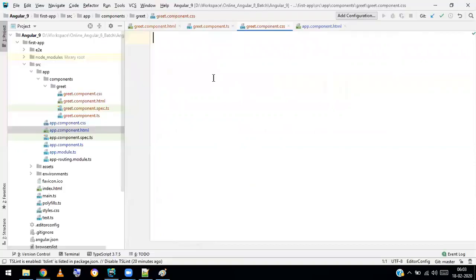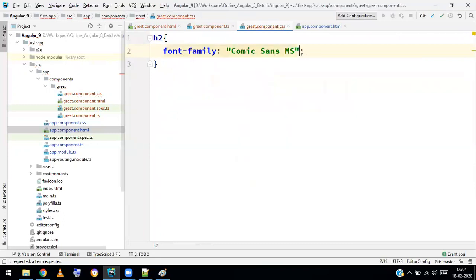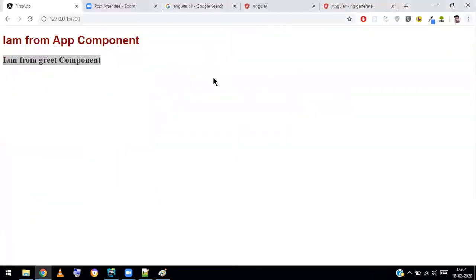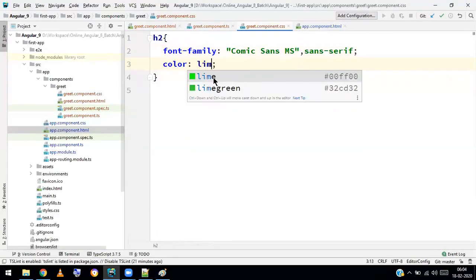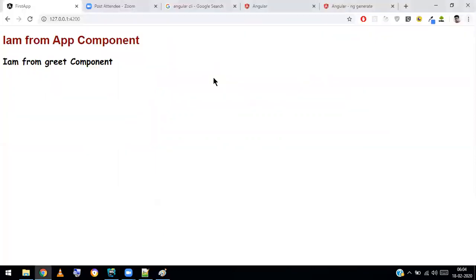Let's make it an h2 tag. So let's say the font family. I want to give something else, so I'll just make it Comic Sans MS and sans-serif, a different font and a different color. So like this, now you have made a custom component by yourself.